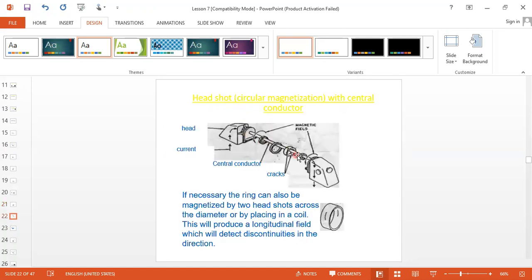See here, this is the central conductor arrangement, and there are different numbers of gears. We have to give the current to the gear based on its diameter, or we can put all identical gears, meaning identical size, together and apply the current. Also we have to take care while doing magnetization that the gears do not come in contact with each other and give magnetic writing indications. So we have to put some insulator there if possible.